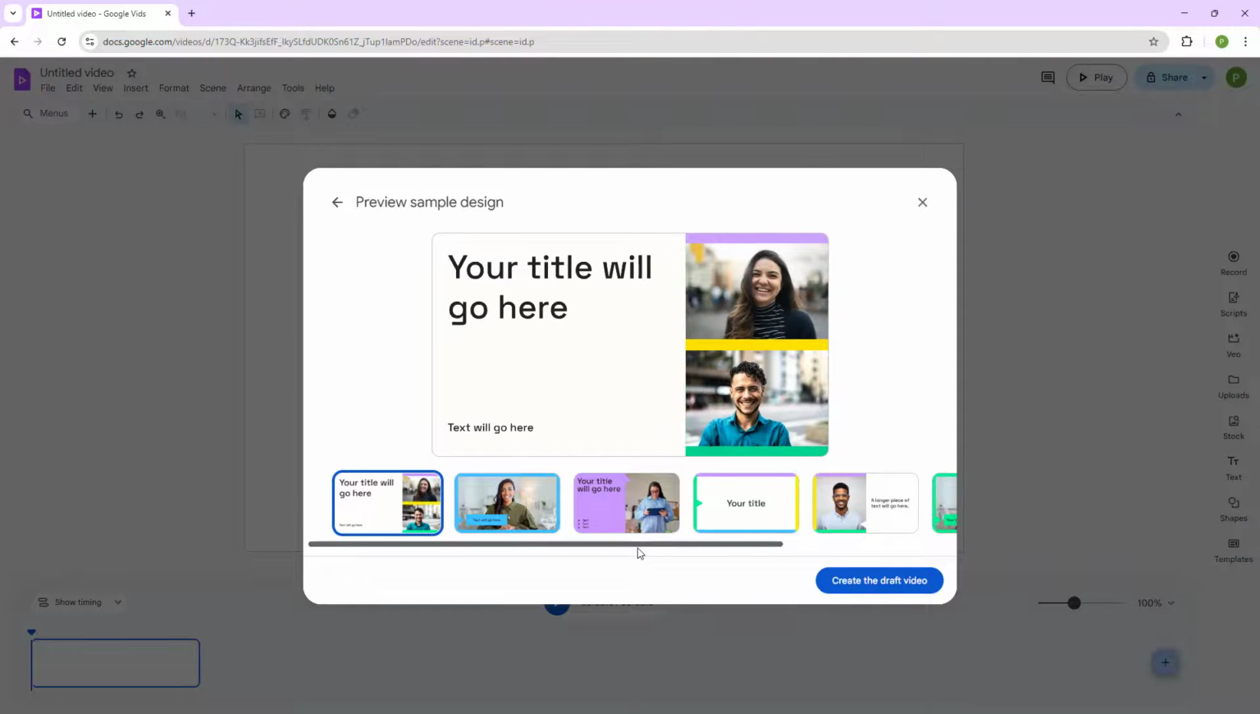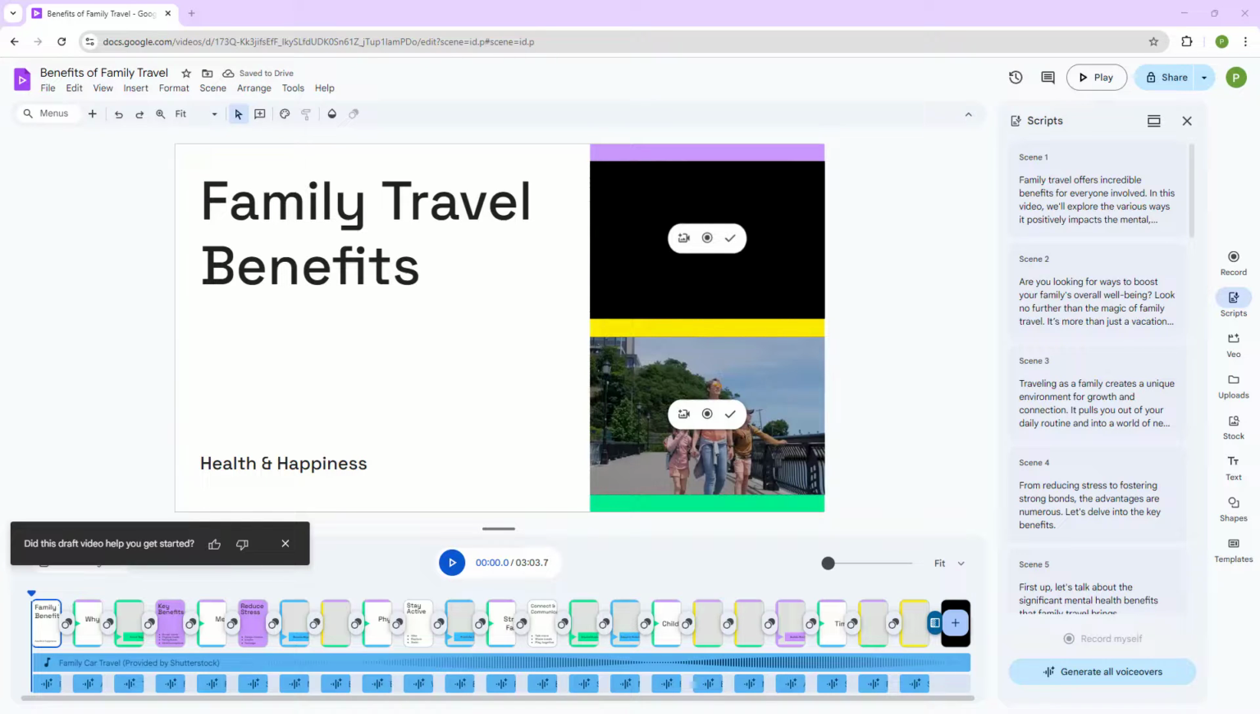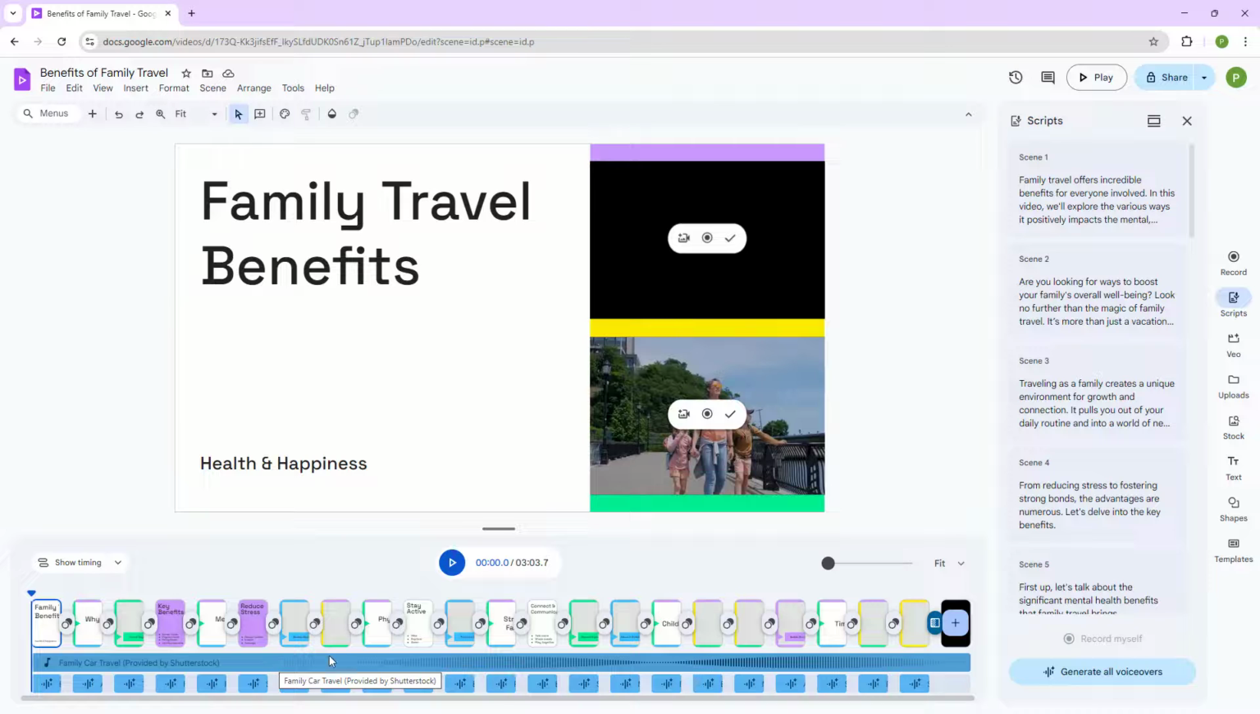Then you can see the template of this particular design, and then you can click on create a draft video. Now it'll take that particular outline and generate each and every scene for you. You just need to wait for a while, and then you can see that the scene is generated. Now you can make changes to the project as you wish. But let's see, it also generated the voiceover and added background music. If I press the play button right here,